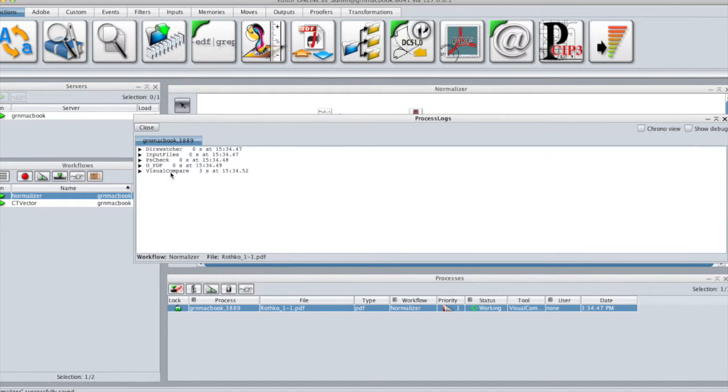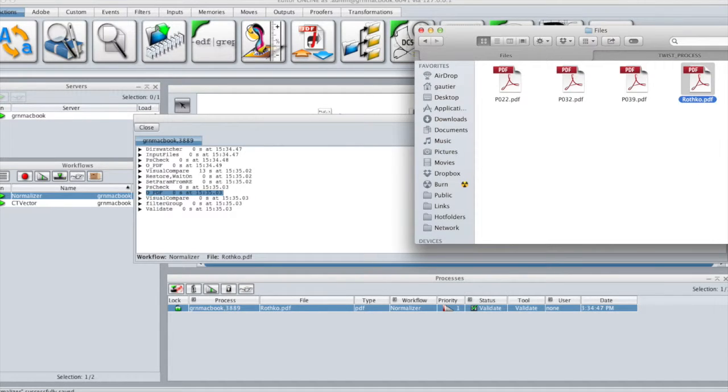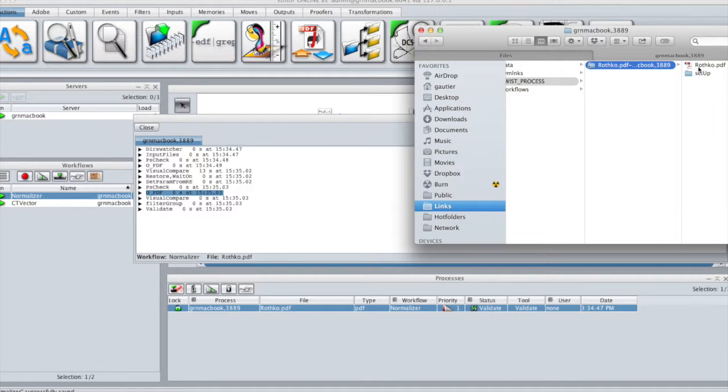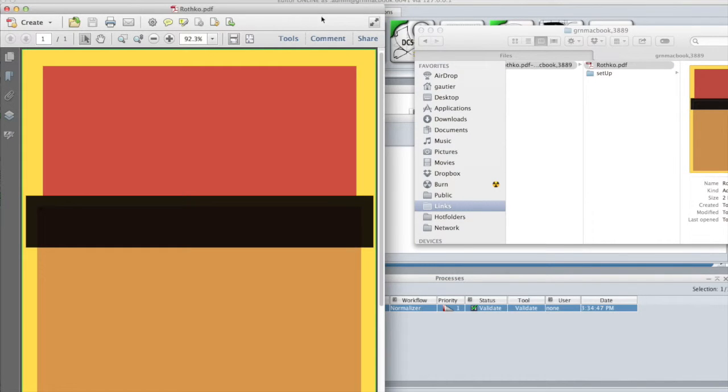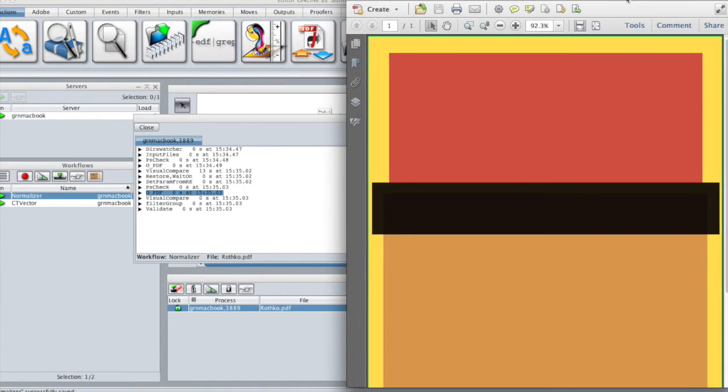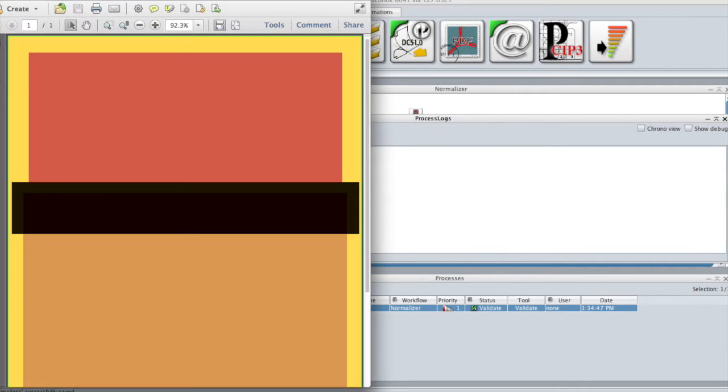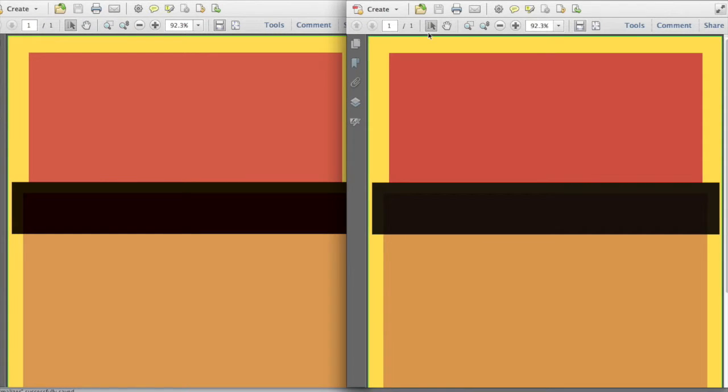So it will restore the original documents, change the setup, and normalize the document again with the pre-flatten for ICC conversion. And finally, we get the results that we expect.